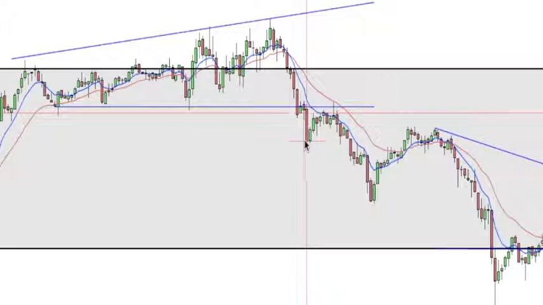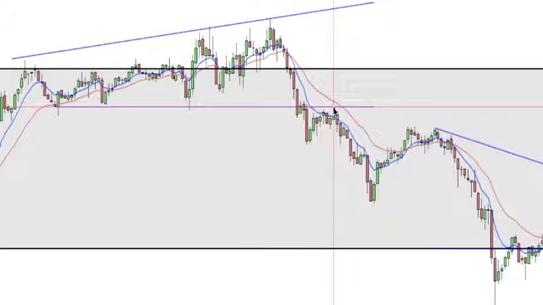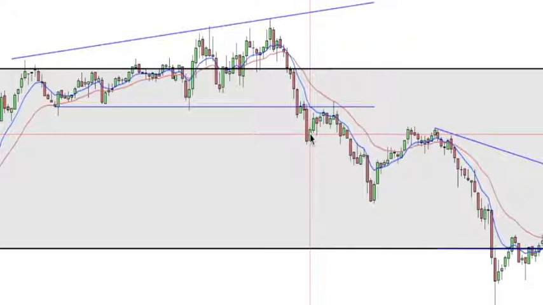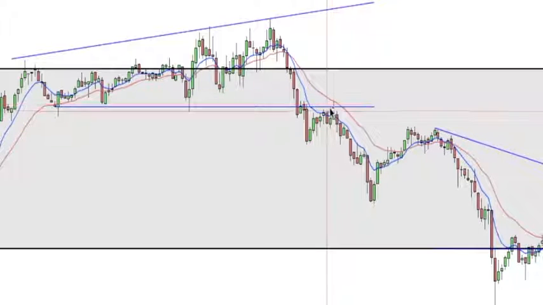The market dropped down below the wedge, came up, hit the lower limit of the wedge, and hopefully you're beginning to see a pattern in what happens with the market at support and resistance levels here. Breaks the barrier, comes back up, touches the barrier, rejects, you can see this great big spike here,